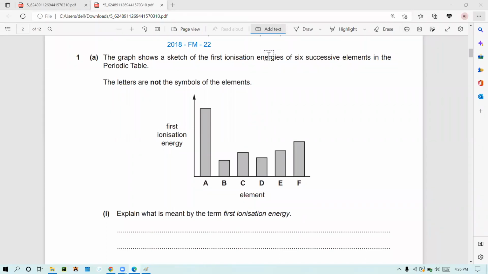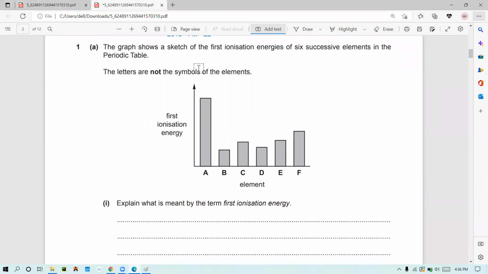All right. In this paper, 2018 February, March 22, there are some questions to cover basic stuff that we have learned at the very first part of the syllabus. In the first question, we have ionization energy related questions. The graph shows a sketch of the first ionization energies of 6 successive elements in the